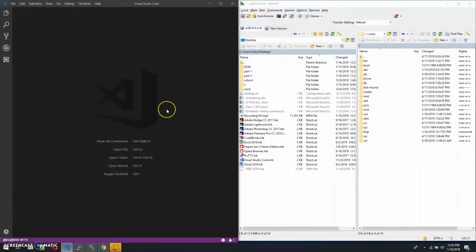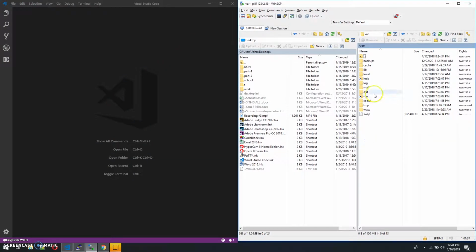Alright, so next we're going to add a button in order to be able to turn on the light from anywhere in the house that has a Wi-Fi enabled device such as a laptop or a phone. That way we don't have to use the command line to type numbers in. So on our Pi in our root directory here, assuming you have Apache installed, if you go to var